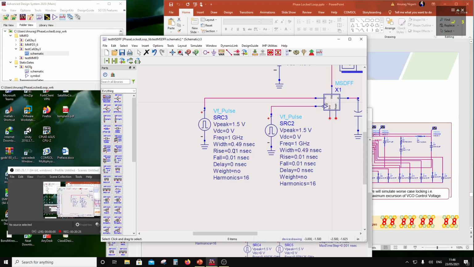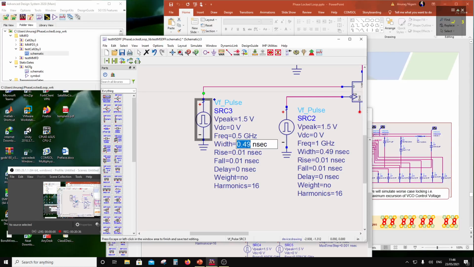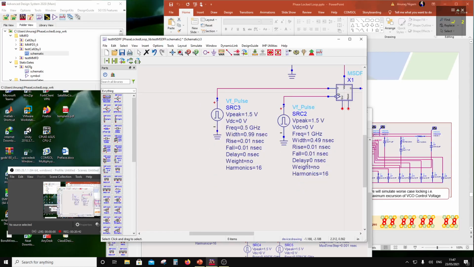So let me put here twice the time period, so basically 0.5 here, and let's put here 99, right? And clock comes later, so let's introduce 0.25 as the delay,